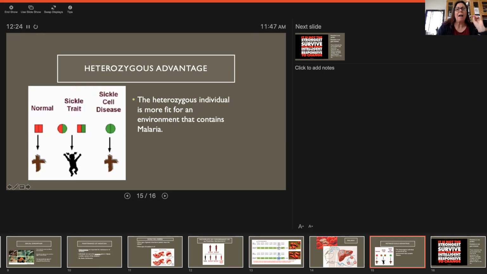If you have the sickle cell disease, you die from sickle cell anemia. If you're heterozygous, you are more fit in an environment, and when that parasite goes into your red blood cell, your body's able to identify it because it uses oxygen and causes that red blood cell